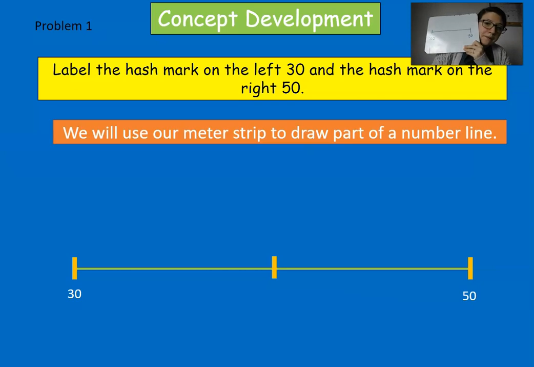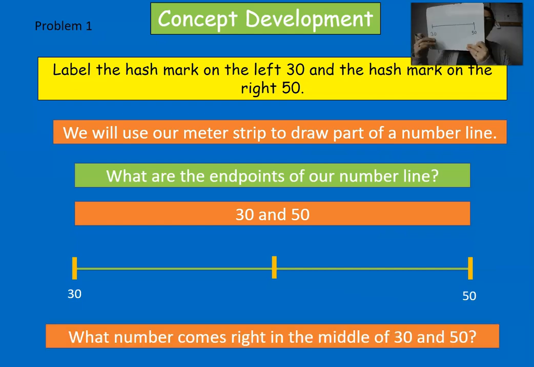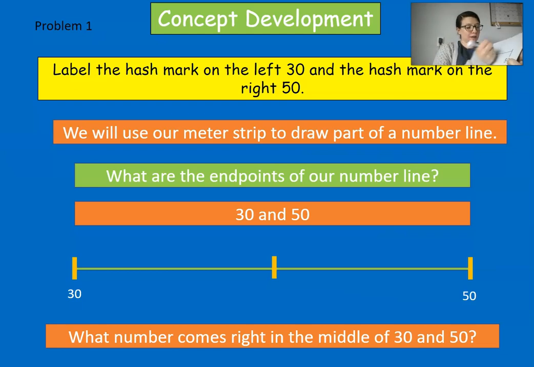Okay, 30 and 50. Now, if you don't have a meter strip, that's fine. What we're going to do is we're going to continue to add ticks, to add hash marks to complete our number line. So we have 30 and 50 on either end. What number is going to come right in the middle of 30 and 50? If you have a meter stick, go ahead and look at it. If not,